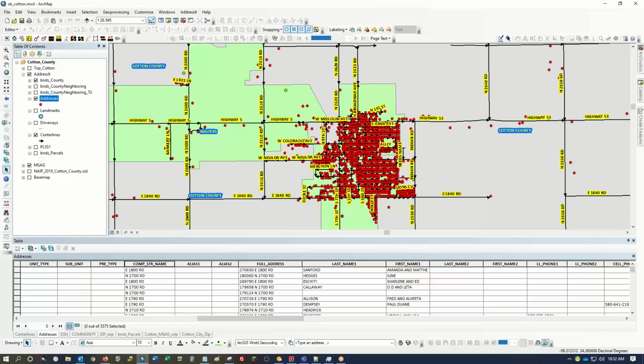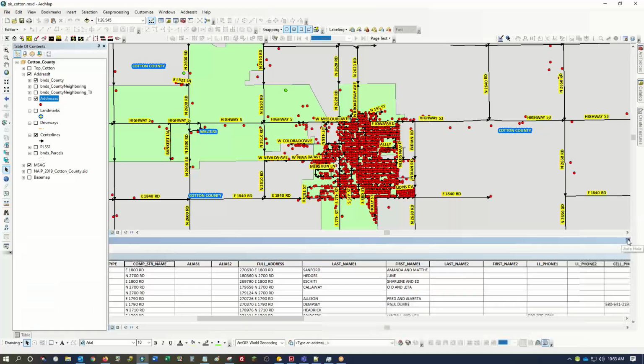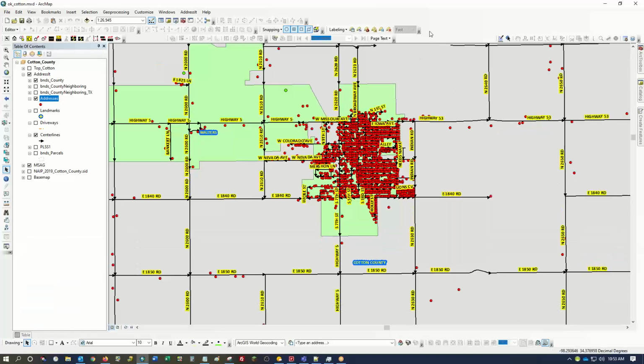That's how you would do it. You would rinse and repeat for the different roads and parcels or whatever and driveways. Real quick, the last thing is custom toolbars, and this isn't really as complicated as it seems, and really it